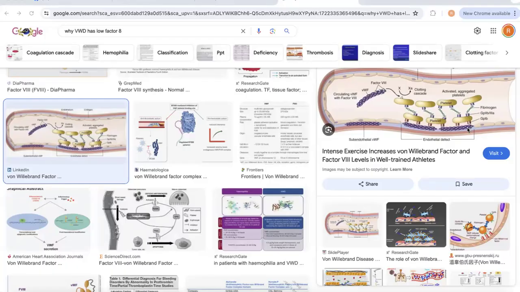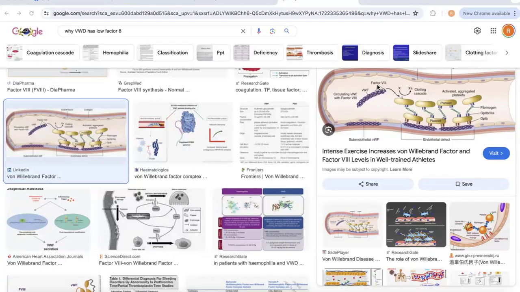And that will be sensed by the platelet. So the platelet is supposed to get attached to this endothelial defect. The platelet will come and try to stop the bleeding. And then let's say it's not working. Then what will happen? You can see that with the platelet, the von Willebrand factor and factor 8,